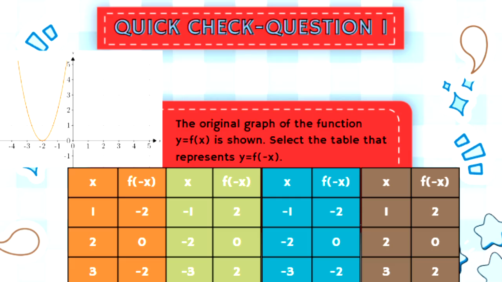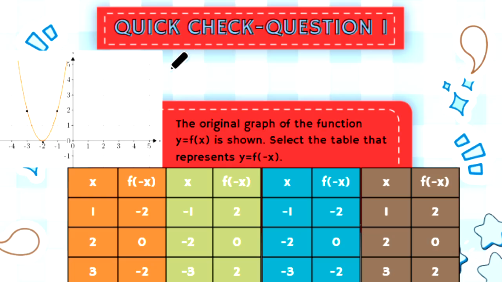Here's quick check. I will not tell you the answer, but I will tell you how to find it. The original graph of the function y equals f of x is shown. Select the table that represents y equals f of negative x. So first you need to figure out your points on here. And then you need to figure out which points are going to change. So we have negative 2 right there. We have negative 1, and those are the only clean ones, okay? So this point right here is